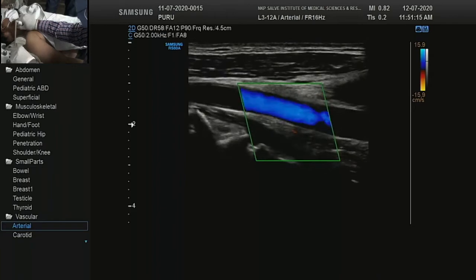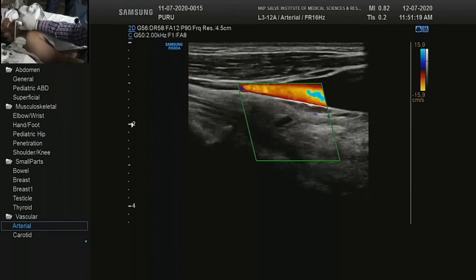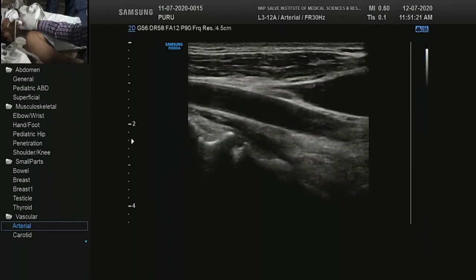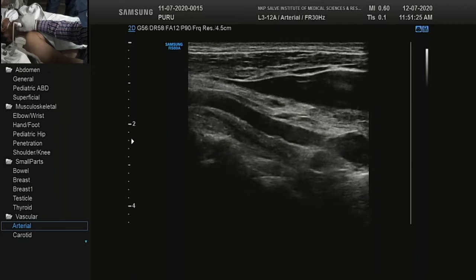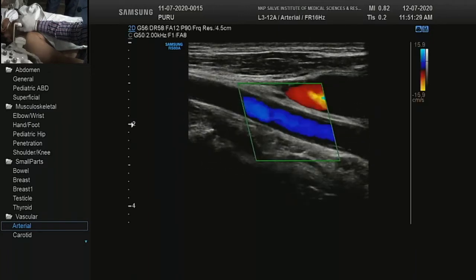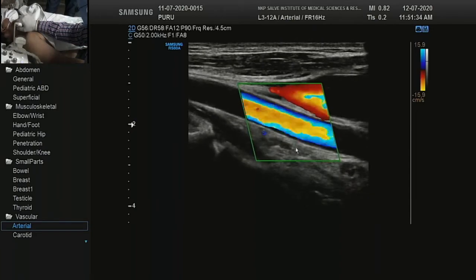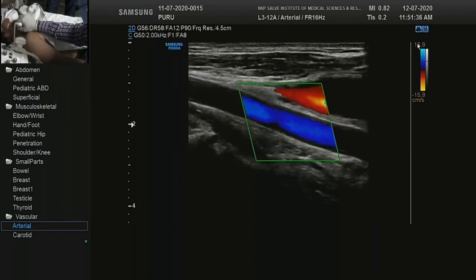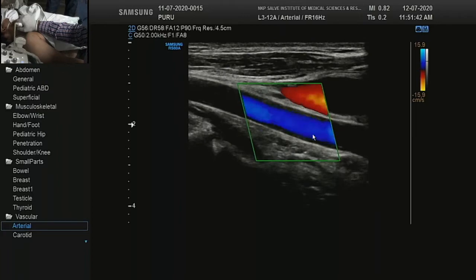This is carotid, flow is coming towards me, and see this. I think that is the vertebral artery. You can appreciate, and this is the common carotid artery. In this common carotid artery, the flow is blue. Check it again. This blue is coming towards me, so this is carotid. Okay, pulsatile flow seen, settings are okay.